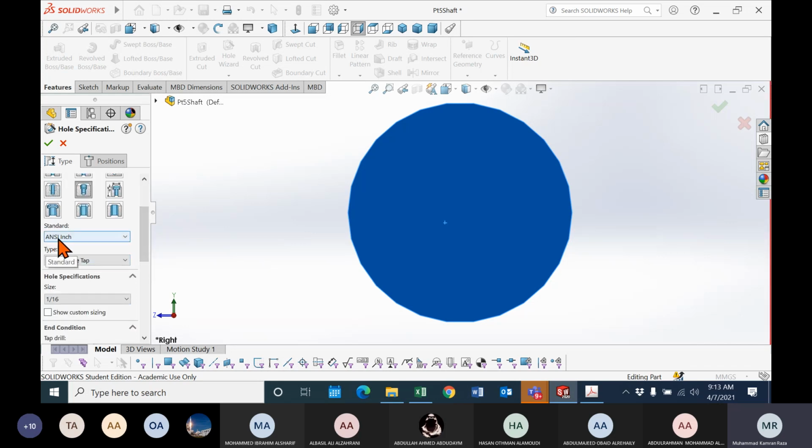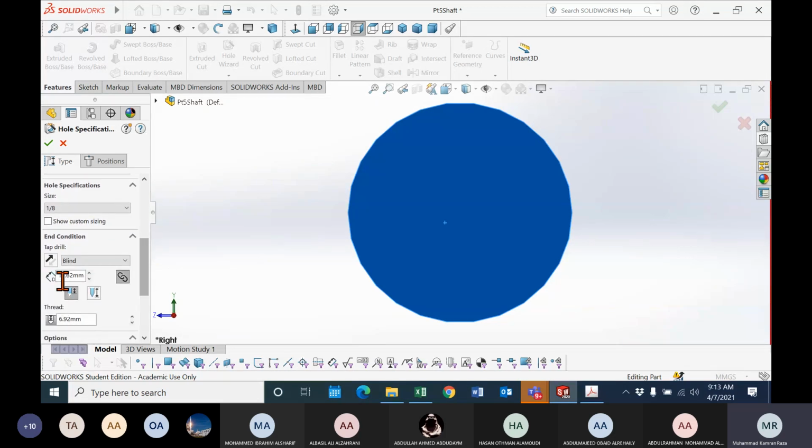So select the ANSI inch, and then go to the taper pipe tab, and then select the size. We are given 1/8 inches. When you select the 1/8 inch, this depth is selected automatically. Then select blind.